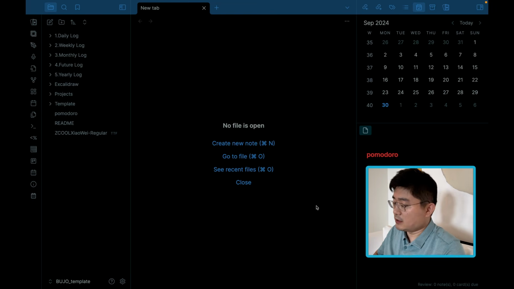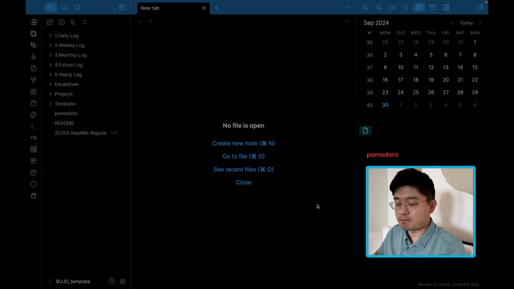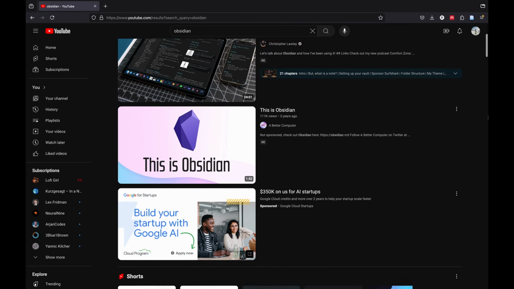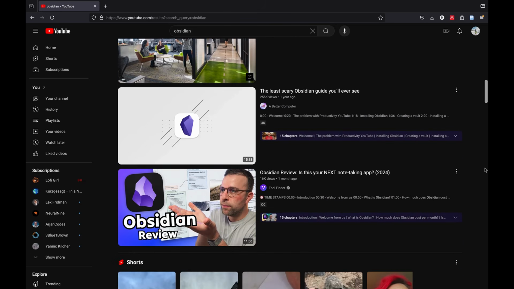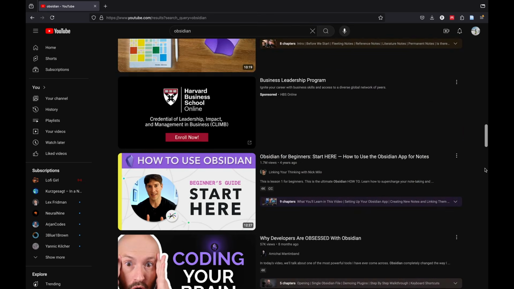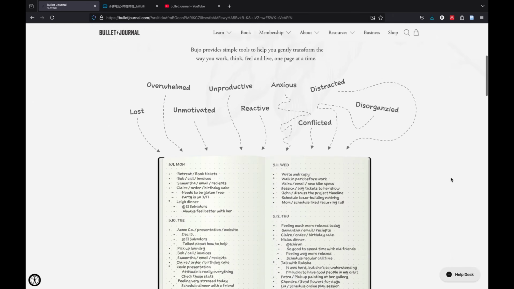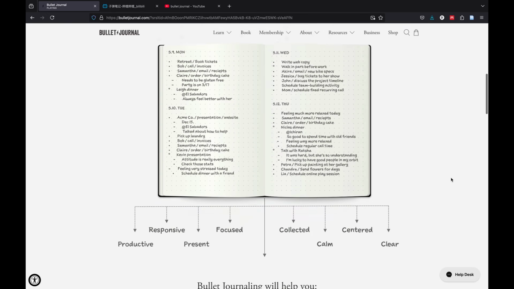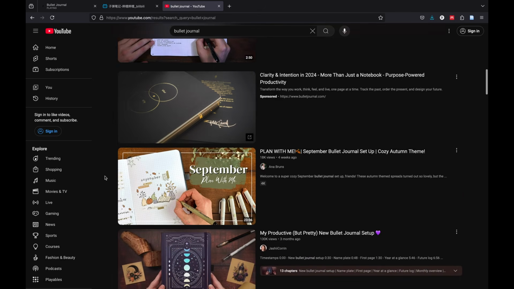Hello everybody, today I would like to show my Obsidian templates that I use as a bullet journal system. You can find tons of videos on YouTube about either the Obsidian note-taking app or the bullet journal. Today I would like to show a personal template for integrating the bullet journal idea into the Obsidian